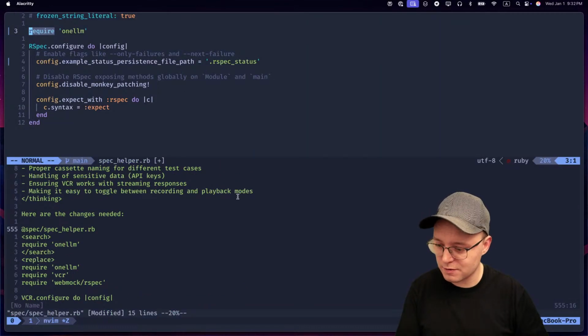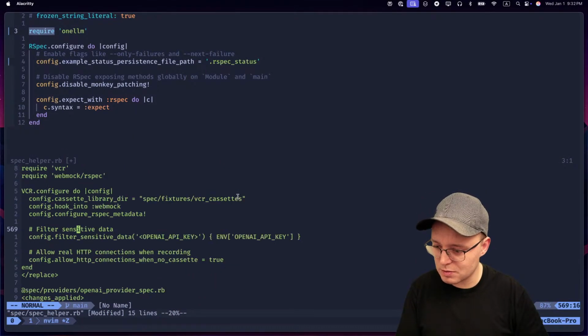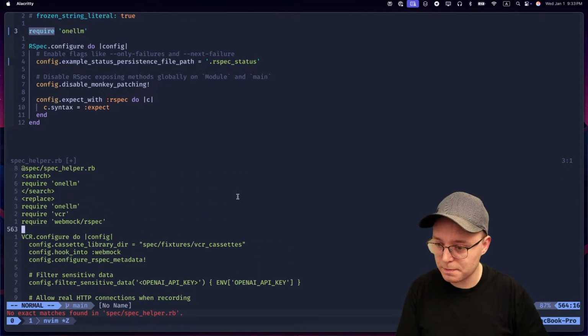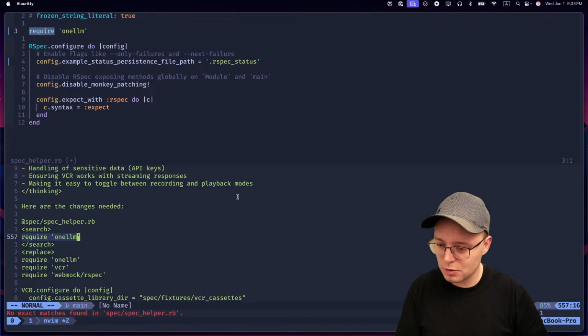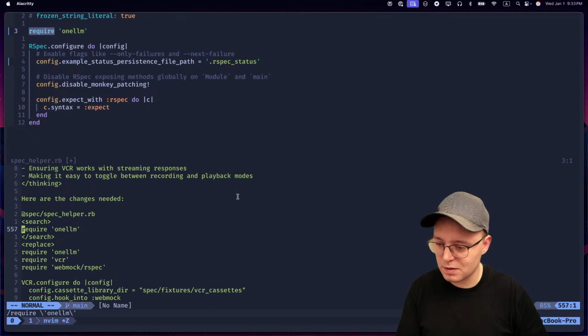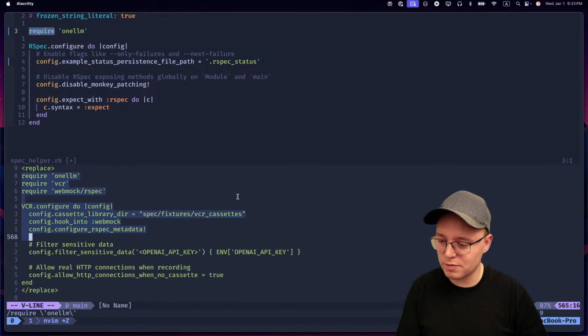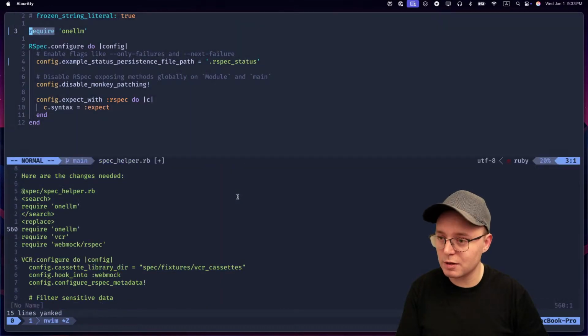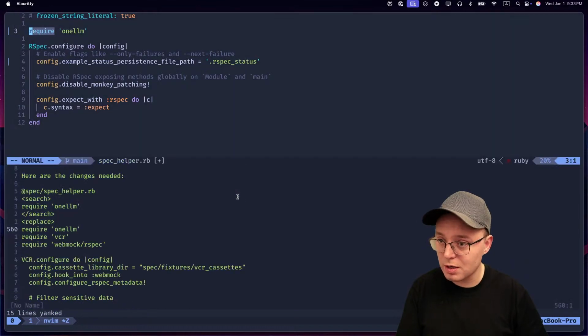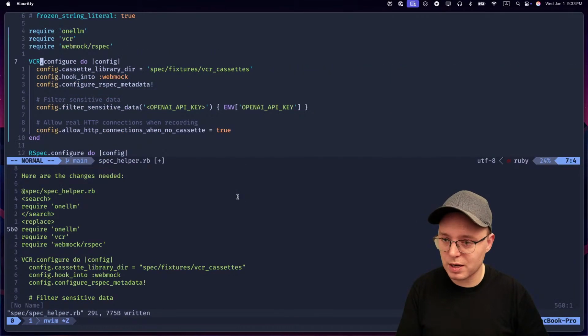So do I have it in a different format? Search, replace. It should have been applied. Why are you not applied? Do we have this in a specific way or something? No, it should be here. Require one LLM. I'm not sure. I think this is a limitation or a bug with my library, and I'll figure it out later. Okay, I replaced a little bit too much. I got carried away. So I need to replace it with this, and we're going to add this, and then